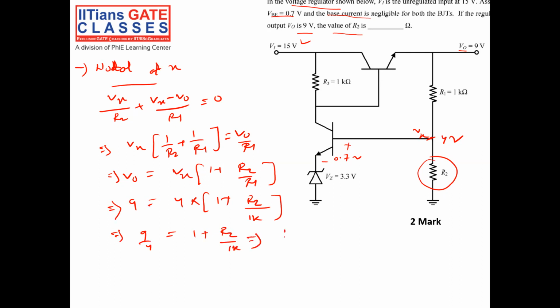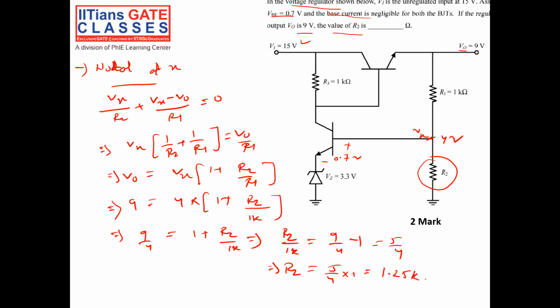This implies R2 by 1k is equal to 9 by 4 minus 1, which is 5 by 4. This implies R2 is equal to 5 by 4 into 1k, which is